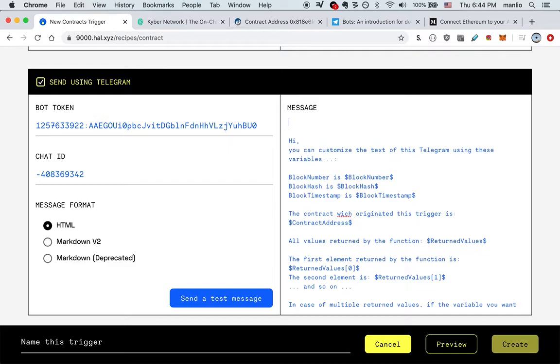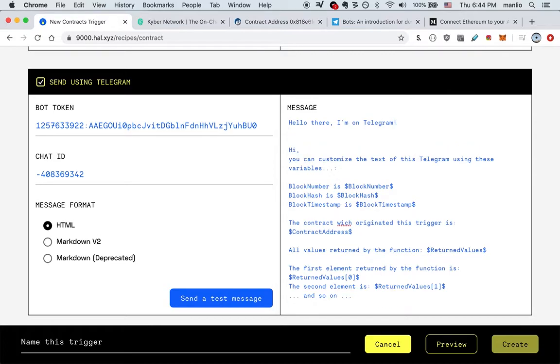So in this case we want to say, hello there, I'm on Telegram. And then you can use a number of placeholders to make your message look pretty, like a block number, and this is a placeholder for block number, the expected rate was,